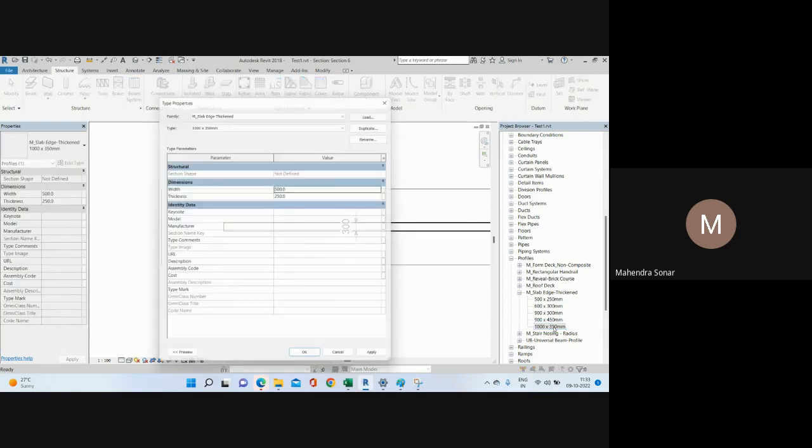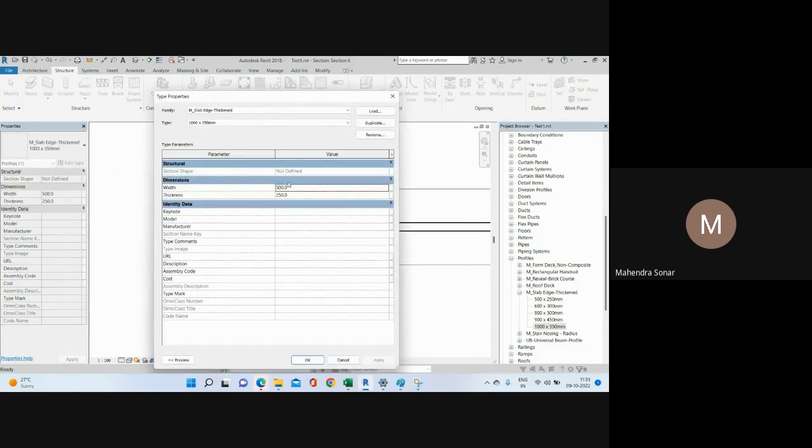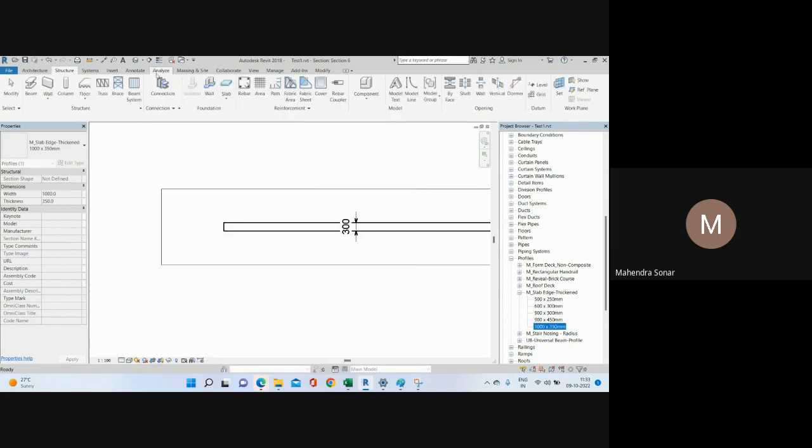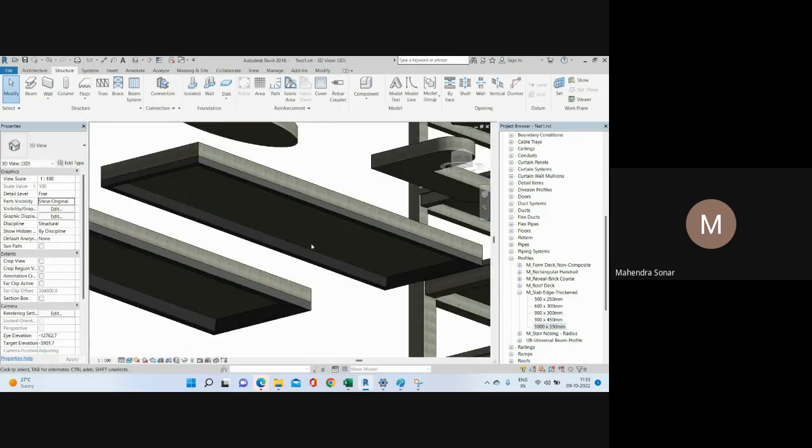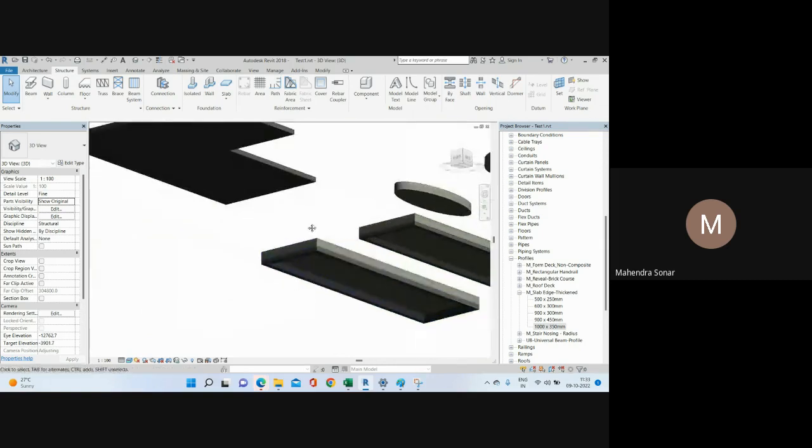And you need to double click and just change here width. I want 1 meter and 350 thickness. Okay, so as per my design, I want to add this edge beam thickening slab thick beam. Okay, so you need to change here as per your requirement and click here OK. Then after that you need to go in your 3D view, right? So this is your slab,